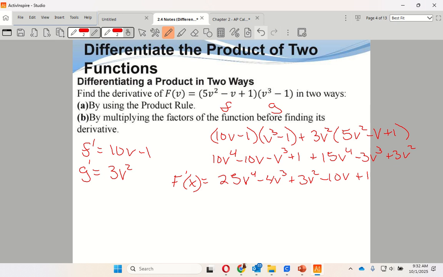Once I got to this point here, technically this is the correct answer for that. I can also multiply those two factors, f and g, and distribute all those. So I'm going to show you that we could do this a longer way. It doesn't always have to use the product rule, but we can just distribute to see what I get. So this is going to be